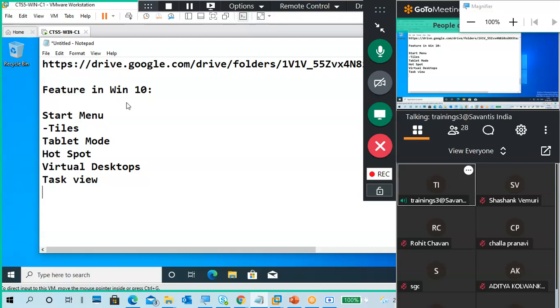Tell me. Cortana, a voice assistant like your Google Assistant or Siri. Okay, we can give voice commands to do some work or search for information like that. Very good.